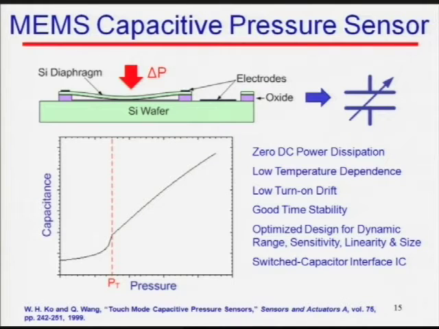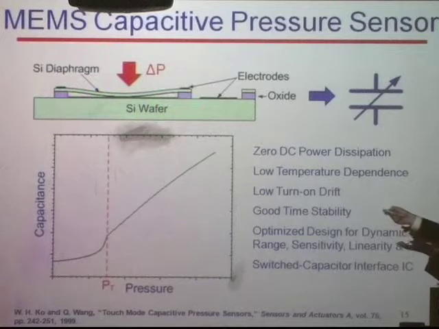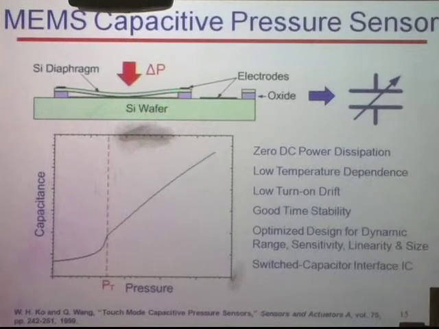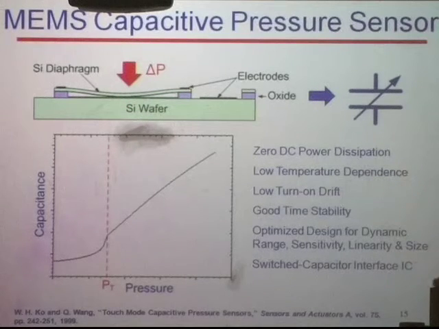Before I talk about this, I want to tell you that a capacitor pressure sensor consists of an edge clamped silicon diaphragm. This could be a circular structure or a square structure, but in our design, we use a circular structure, edge clamped on top of, for example, a vacuum cavity. Now, when you have external pressure applied on top, this membrane deflects down so that you can get a variable capacitance. And if you plot the capacitance versus pressure,